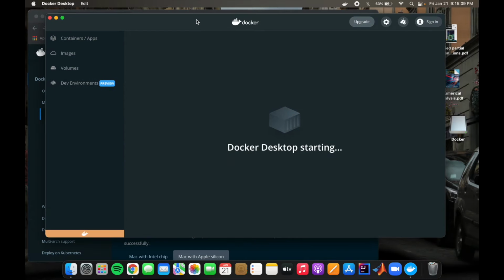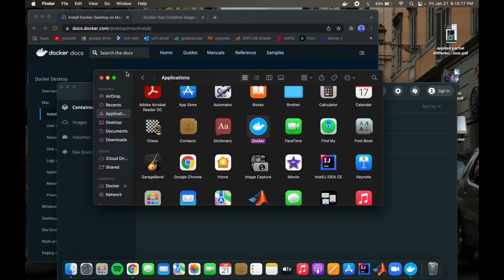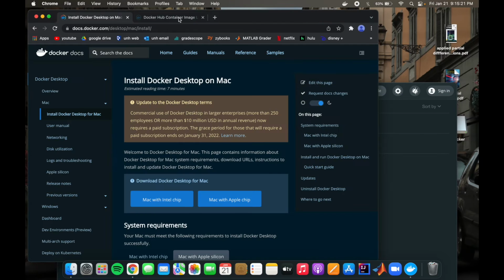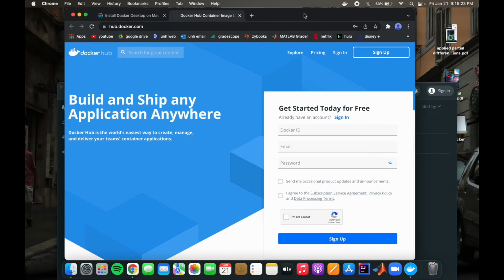And it should pop up like this, and you are going to have to click this button in the corner, sign in. So you're going to end up having to make an account if you don't already have one. So when you click on sign in, it should bring you to this page. So what you're going to have to do is pause this video and create this account. But before you do that,